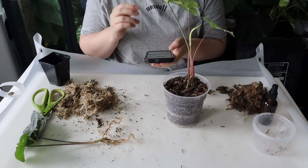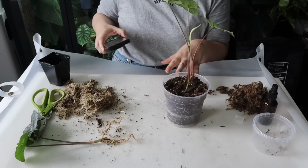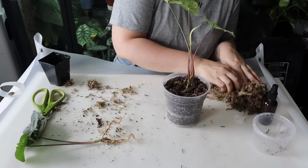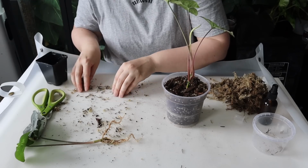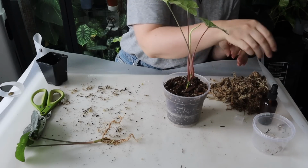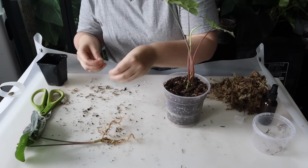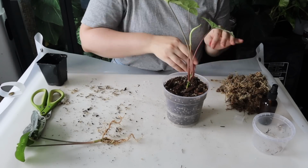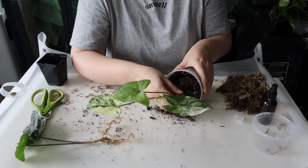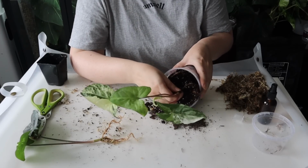Oh, this next question is interesting. How do you sell plants and how do you make up your prices to sell something? This was asked by the same person, and I find it so difficult to price my plants, honestly. I mostly sell through Instagram or Facebook Marketplace, or sometimes Pali Plants if I feel like I've got some that are a bit higher quality. Pali Plants is kind of like a Facebook Marketplace but for plants only, which is cool, and they also sell plants themselves. But